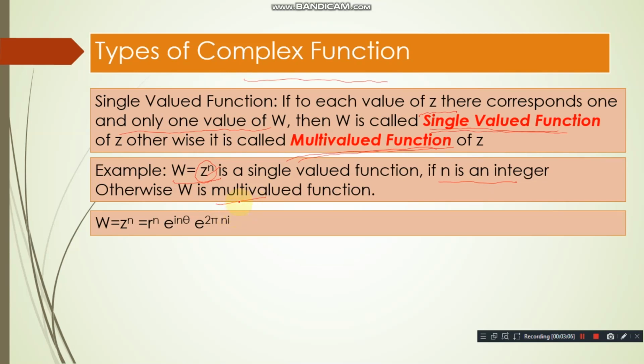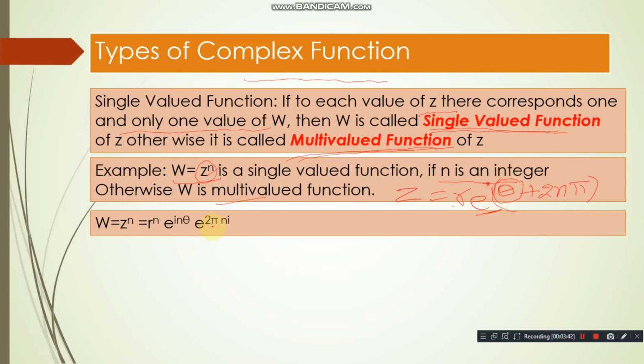Suppose we can write z in a polar form. That means a complex number z is equal to r e power i theta. E power i theta is nothing but Euler's formula. It is nothing but cos theta plus i sin theta. See here, now z replaced by the same thing, r e power i theta. And usually this theta, if you are taking, means it's a principal value, or every value we should consider means theta plus 2n pi we should take it.